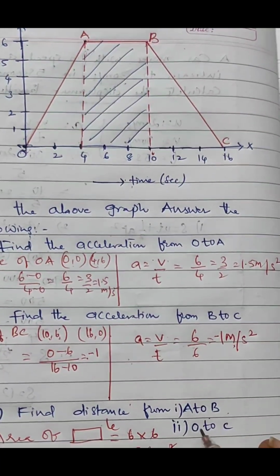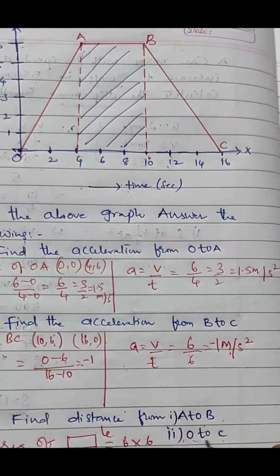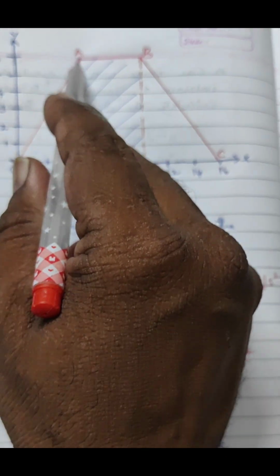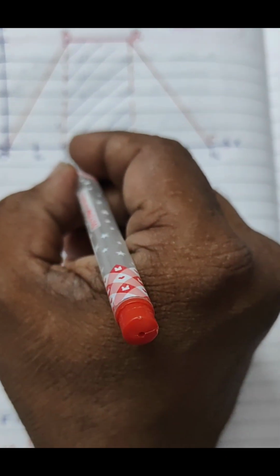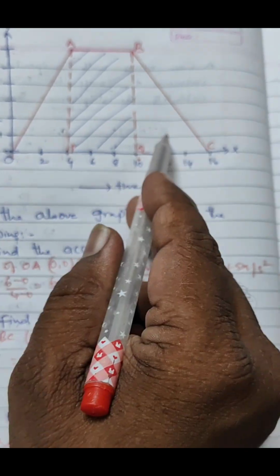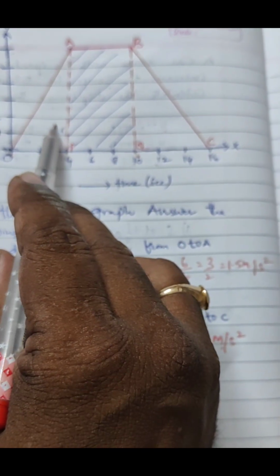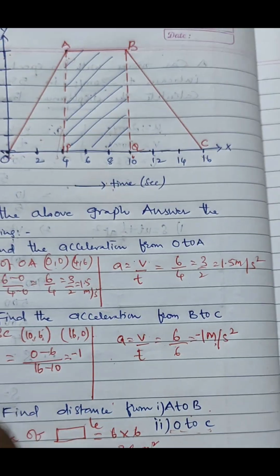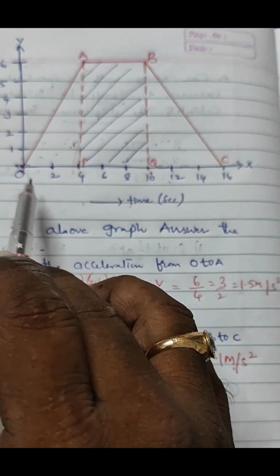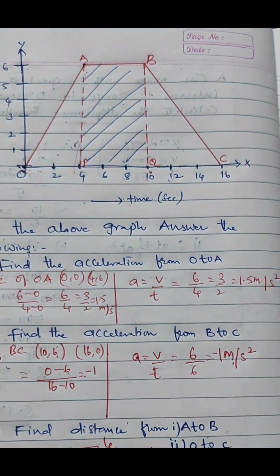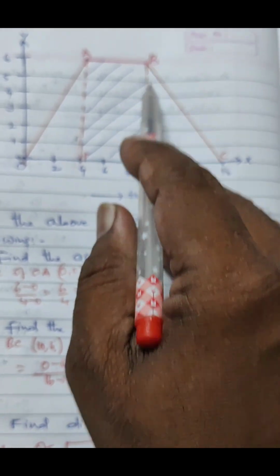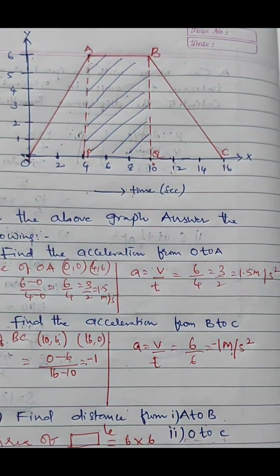And then again it is asked for O to C. When it is O to C, that's a different story. You need to go with triangle OA, and let us imagine this is P and this is Q. So there are two identical triangles here and one rectangle. So calculate all those. Let me give the hint: to calculate a triangle, it is half into base into height, and for the rectangle L into B, and again half into base into height. So that will be the